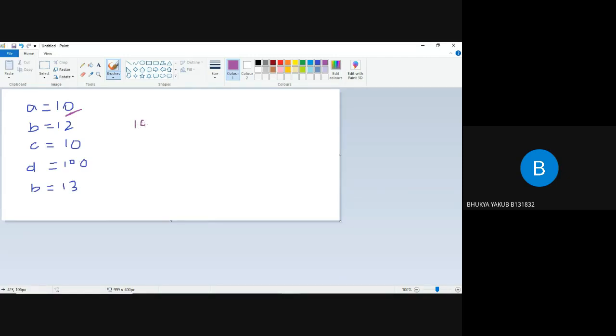For this value 10, we need to assign some memory location. And I want to keep a name for this variable. The name will be a, and here I'm storing the value 10. Let's suppose I'm storing this value at some address x. It is some logical address.